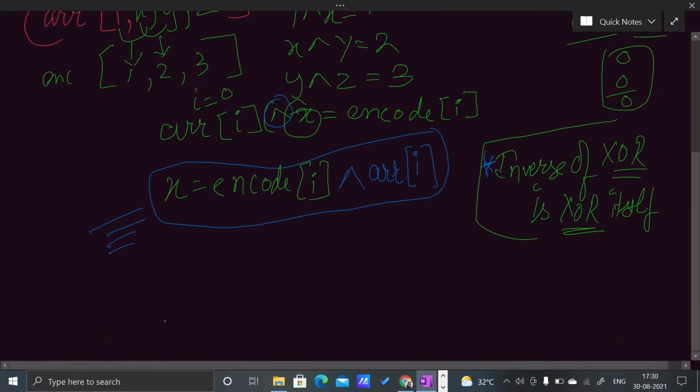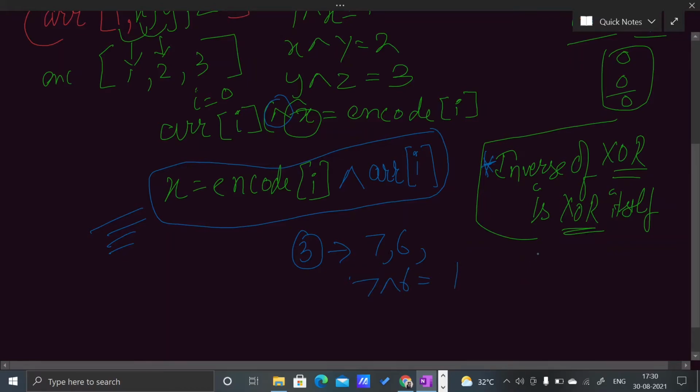Now for this inverse of XOR, let us look at it through an example. Does it satisfy or not? Suppose I have three variables: one is 7, one is 6. When I do 7 XOR 6, I get the value 1.